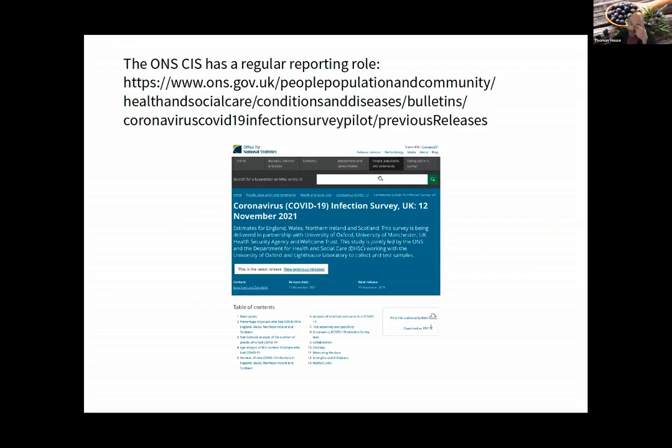Just so people know, there's an awful lot of stuff on this website that you can get if you'd like it. So getting the raw data, well, no one sees the raw data. Working with even the anonymized data requires being in a trusted research environment. But an awful lot of the outputs are available completely freely. You can download CSV files and so on at this site.